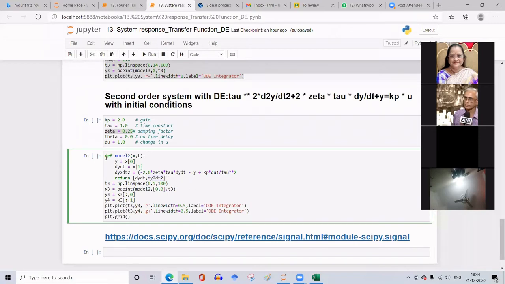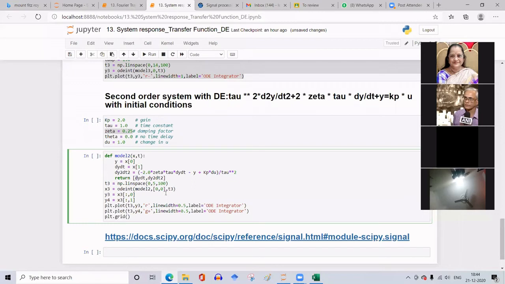So after executing this function definition, it will return y, dy by dt. So the first term in this list is going to be y, and the second term in the list is going to be dy by dt, so that we can plot the function and its first derivative and observe the variations.